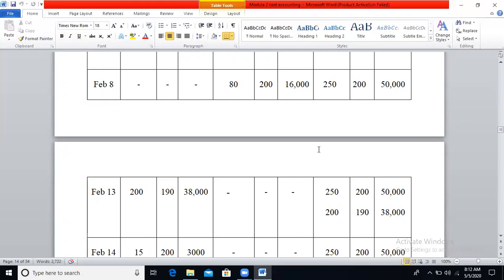Now first see the balance column. Still we are having 250 tons balance out of 500 tons. So write that first because you have to issue these tons first. So 250 balance at rupees 200, you will get 50,000 as the amount. And now currently we are receiving 200 tons at rupees 190. Total value will be 38,000.